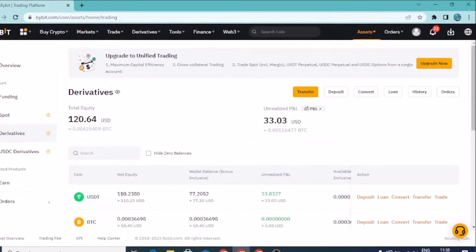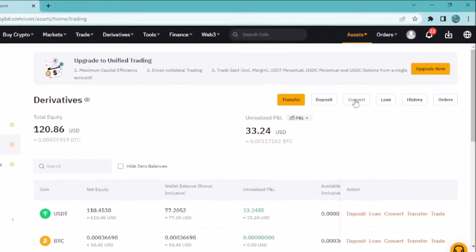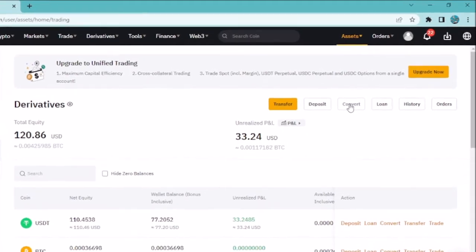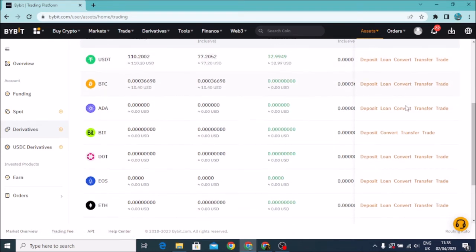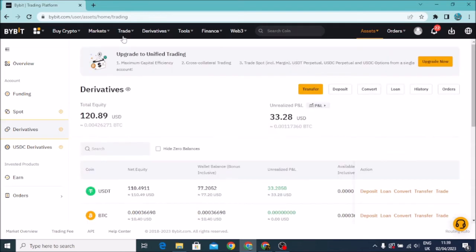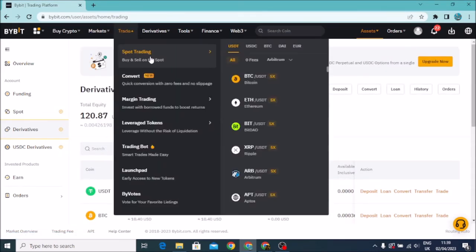Alternatively, when you're here on derivatives, you can come here and convert depending on how much you want. And on this page, you can convert every coin that you want to convert to, because it has all the buttons of convert. So when you want to convert right away from spot trading, maybe your money is in spot trading,